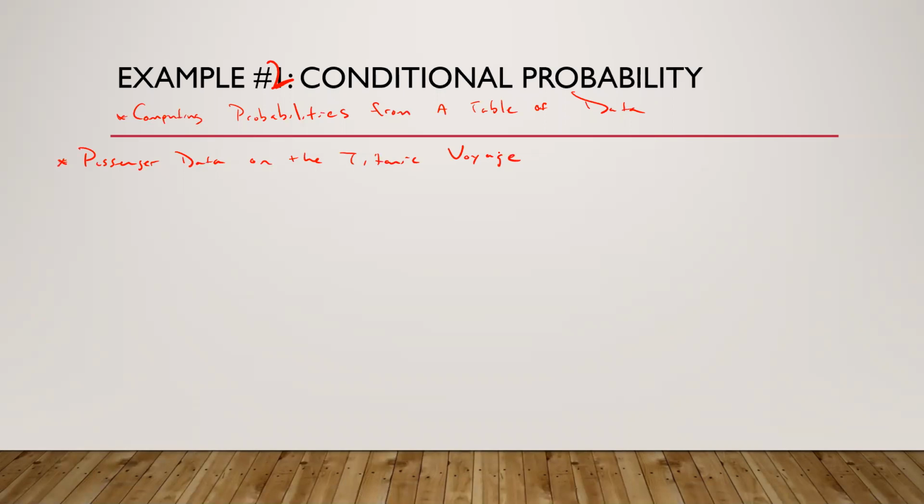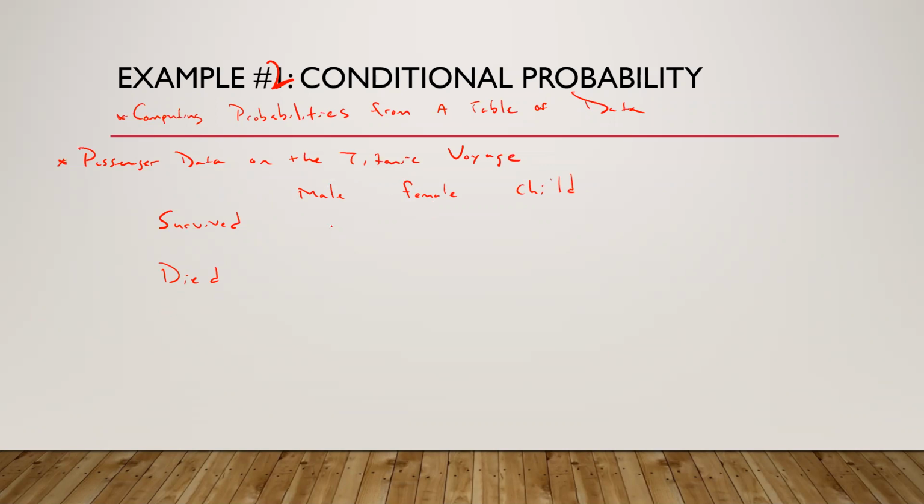So let me give you the data. Okay, so what I have here is data on the number of passengers who survived and who died in the Titanic. I'm going to mute everyone's mic but mine here for a second. And then I have it broken down by whether they were male, female, or just a child. For a child, they don't break it down by sex, okay?